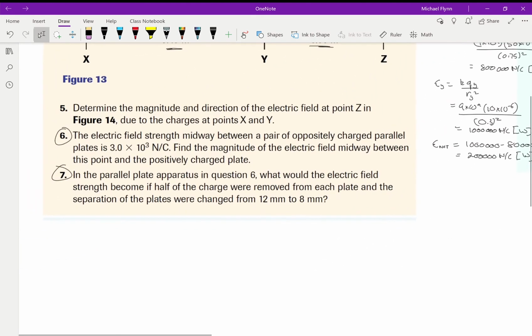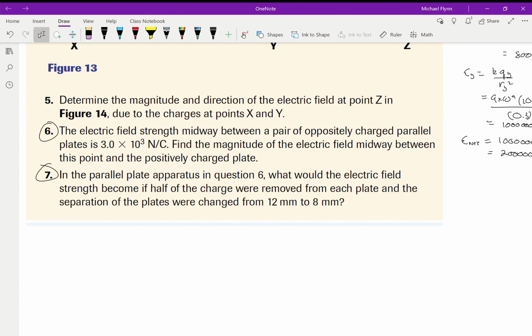Okay, so to answer question 6, and we'll talk more about electric fields later. I know you're excited, you want to get it all now, but I don't want to give it to you on the weekend, so I'll do it on Monday. If you read this question, the electric field strength midway between oppositely charged parallel plates happens to be 3,000 newtons per coulomb. What's the magnitude midway between this point and the positively charged plate? Well, the thing is, it's a uniform field. So the field is the same everywhere. So if you're going to answer question 6, since the field is uniform, the answer can only be